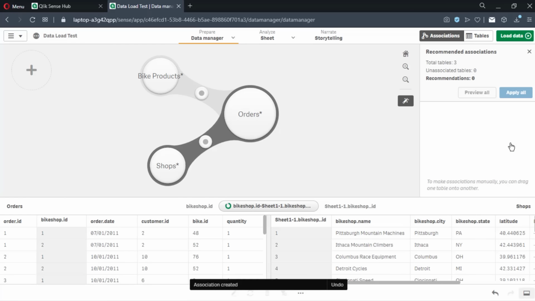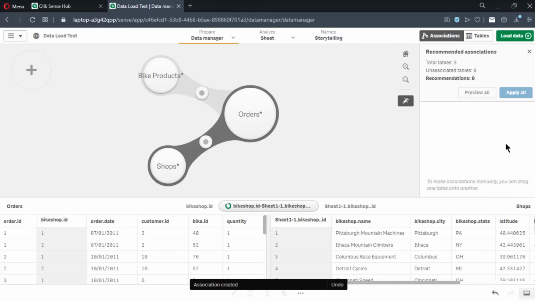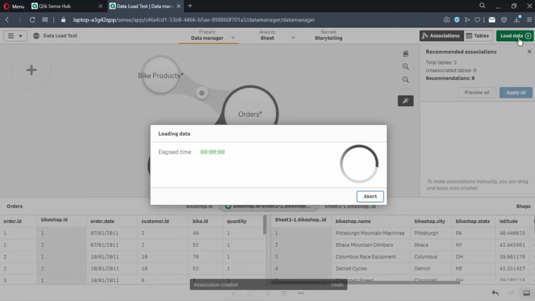Now that we have the needed association, let's load the data into our app. The asterisk on their name indicates that these tables have not been loaded yet. The Load Data button is also colored green to signify that you need to load the tables into the app to include them in your visualization. Click on the Load Data,